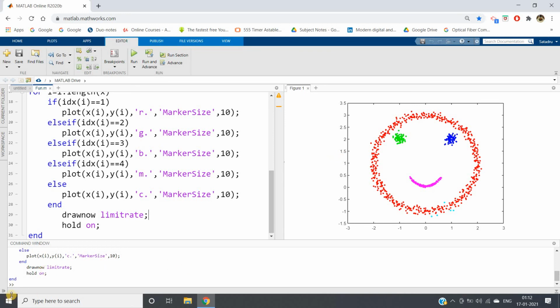See, the simulation is done, because the double arrow came. Now see how beautifully it has clustered this complex structured data. The face part is taking the red color, but if you observe, some data points which are basically noise are coming. Then the smiling part is magenta. The left eye is taking green color, the right eye is taking blue color, and this is C color, C for cyan. So this is how we have visualized it, and even on such complex data, our DBScan is able to perform clustering.